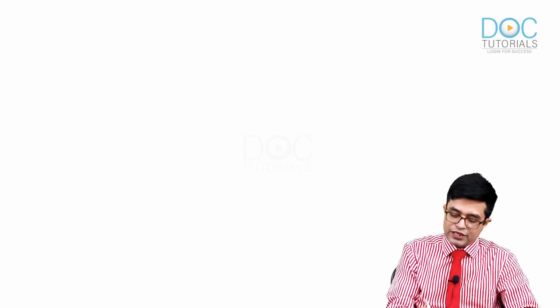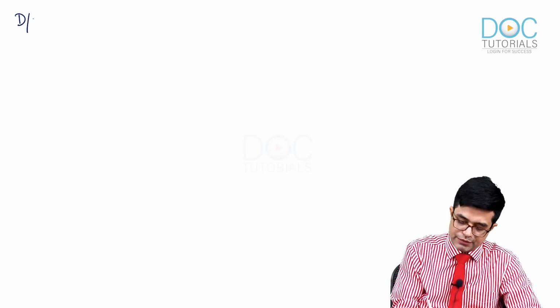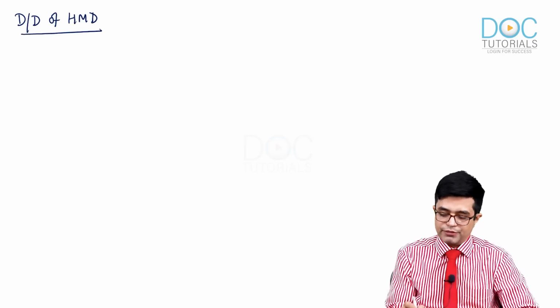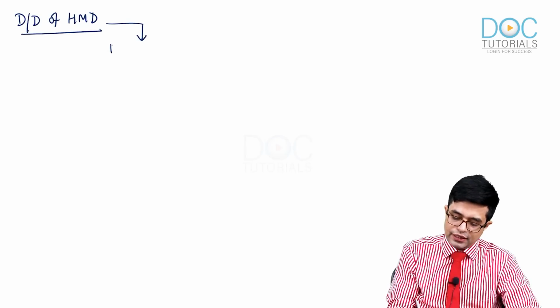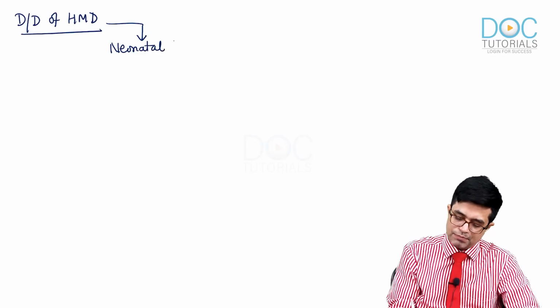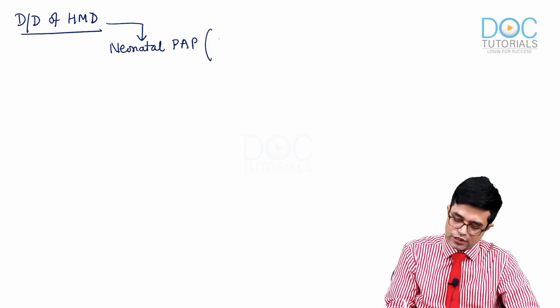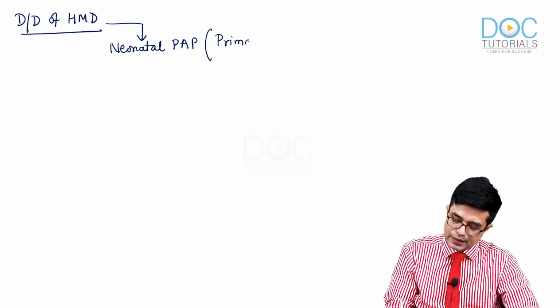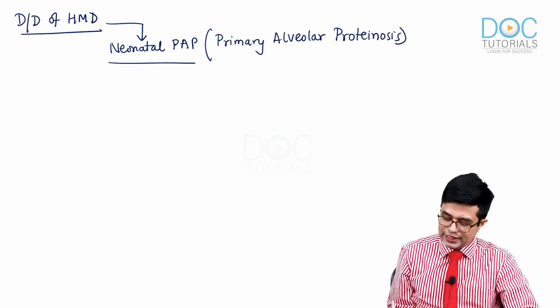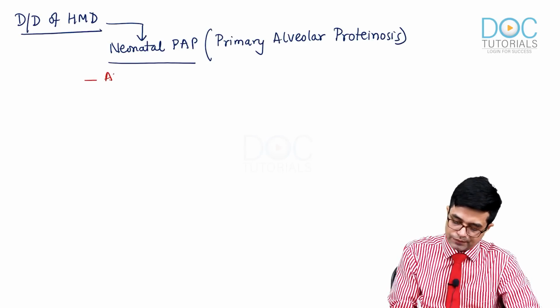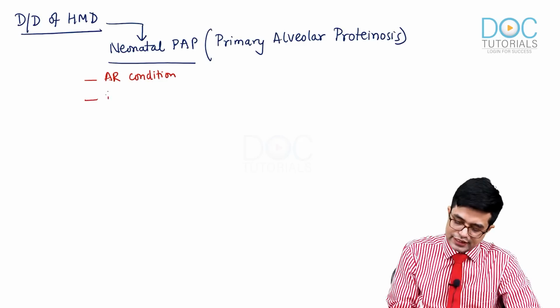There is an important differential diagnosis of HMD that you need to remember. A disease which resembles HMD but it is not HMD. The DD of HMD is neonatal PAP. PAP stands for primary alveolar proteinosis. Neonatal PAP is an autosomal recessive condition. So it shows autosomal recessive inheritance in which there is deficiency of SPB protein